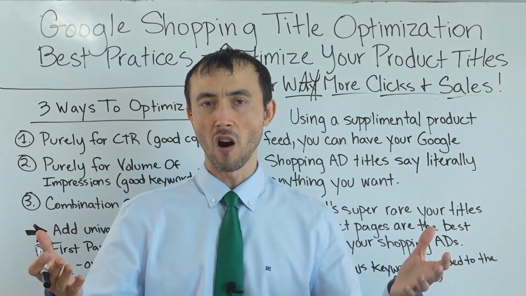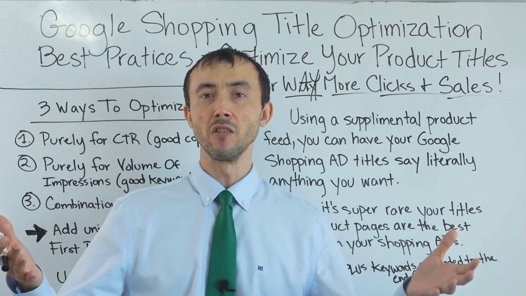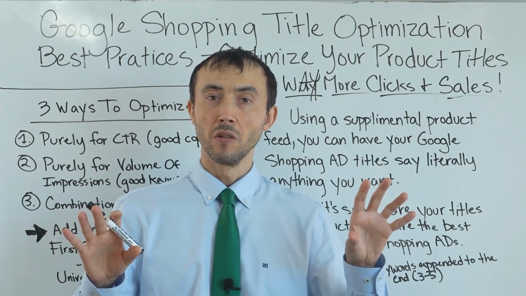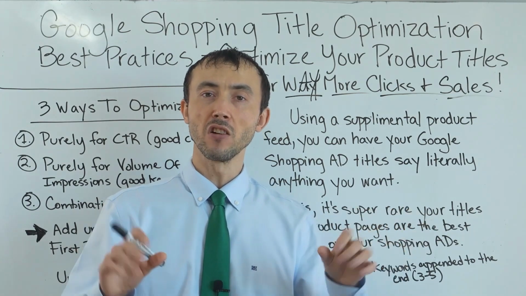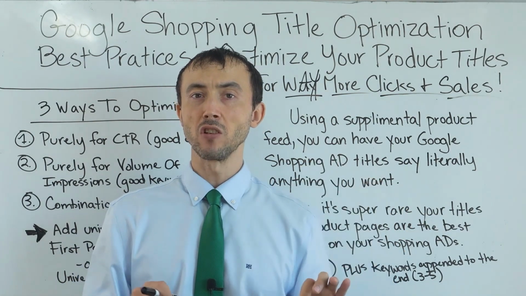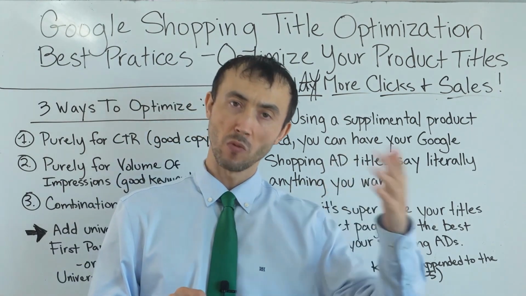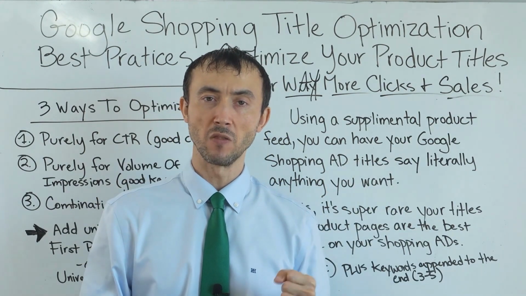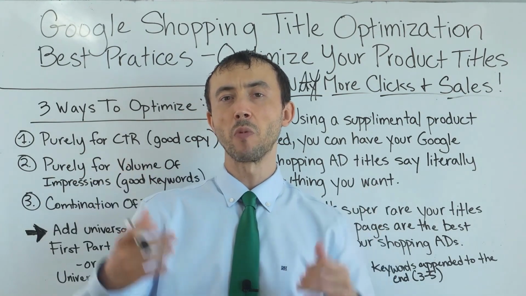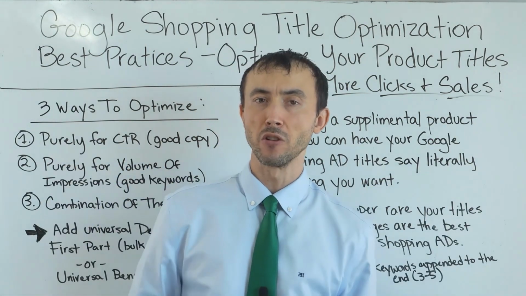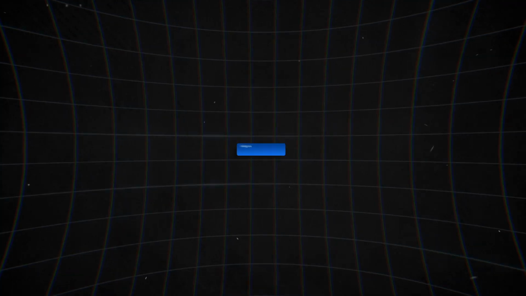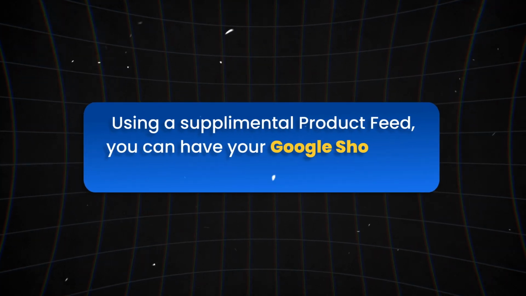Search ads are the other 30% of what you can get on at least Google.com. You should still run them. They're still profitable. But it's actually easier to make more money than what you're making now by optimizing your product titles on your shopping and, like I mentioned, feed-only PMAX campaigns, than it is to spend the time to set up the search campaigns, in terms of return per hour spent in effort. So with that said, without further ado, using a supplemental product feed in Google Merchant Center,